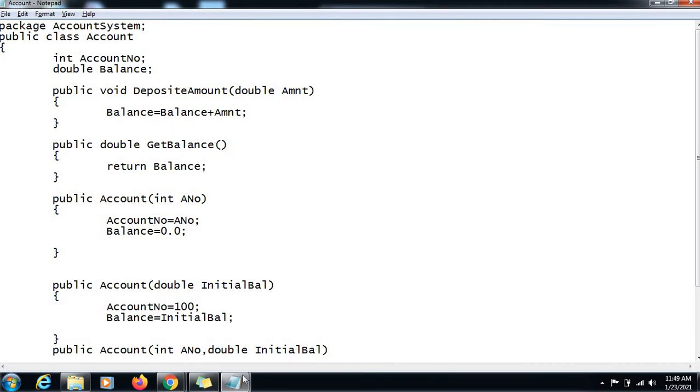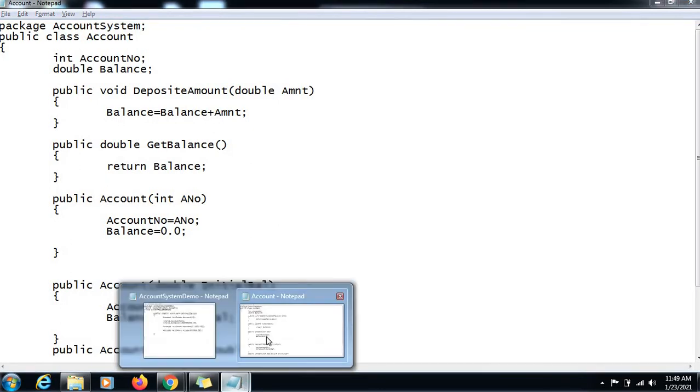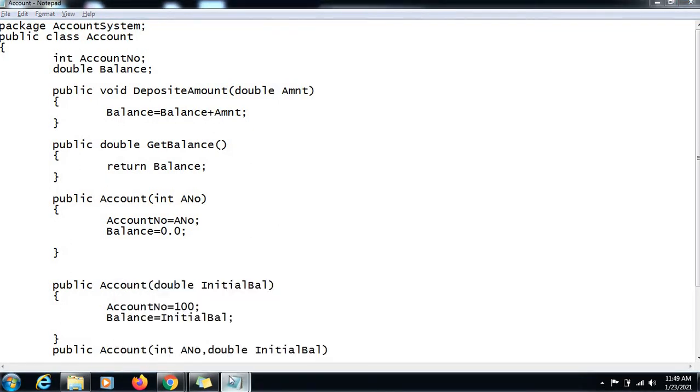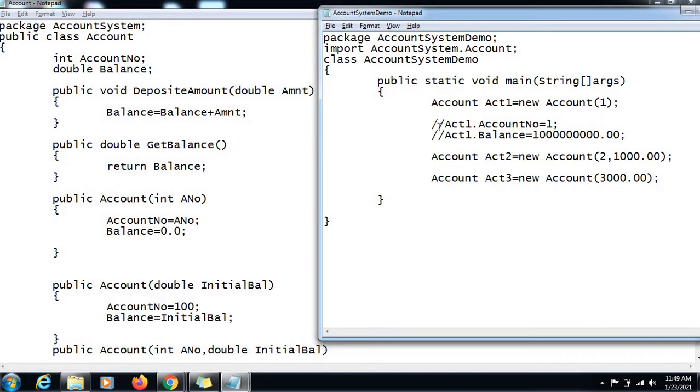Why is it so? Because in the demo class we have the account class used, and when the compiler compiles this line from this file, it needs to know where the bytecode of this class exists. So we have to take care of two things before we compile this. We have to compile our account.java.